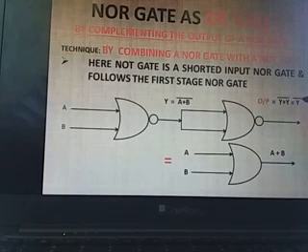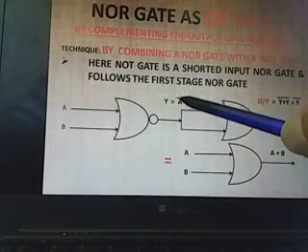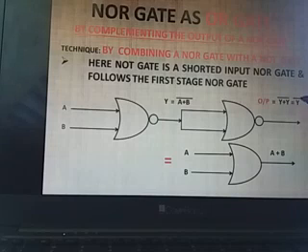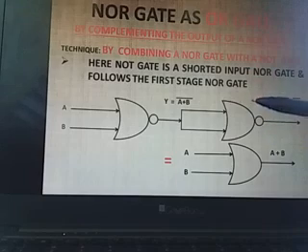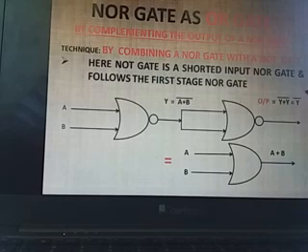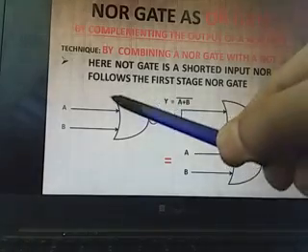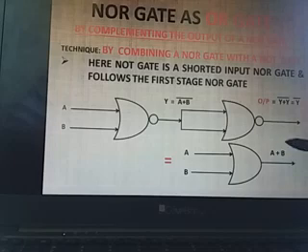So the final output will be complement of y. What is y? Actually, y is complement of A plus B. So complement of the complement of A plus B, meaning double complement of A plus B, is received over here. Double complement of a signal gives you the original signal. So we receive simply A plus B over here. Hope you understood it. The double complement of a signal is the original signal. So the output will be A plus B, simply the sum of the inputs, which is the exact function of an OR gate.